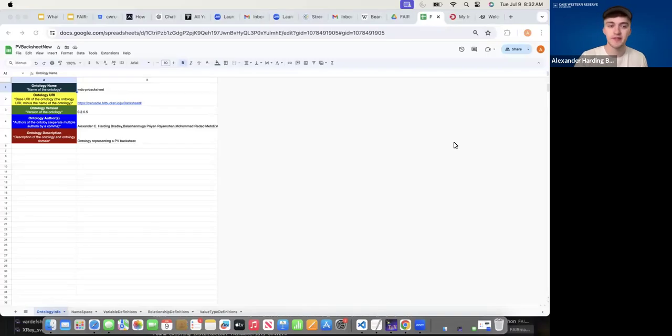Hello, everyone. So today I'm going to be showing how to run the FAIRmaterials package. One of the requirements for running the FAIRmaterials package is that the input is correctly filled out. So I have on my screen an example of what a correctly filled out Google Sheets CSV template sheet looks